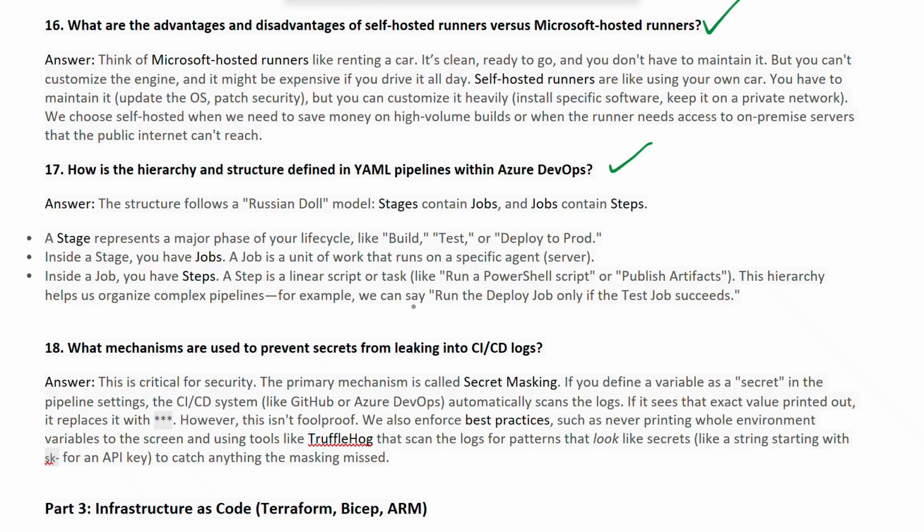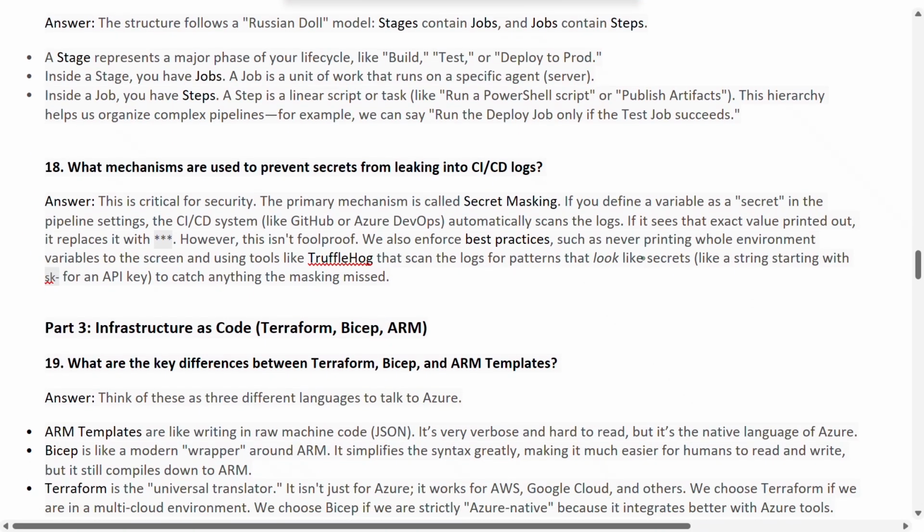For example, we can say run the deployment job only if the test job succeeds. So whenever conditionals, manual approvals, or whatever enterprise customizations are required, that can be achieved with YAML pipelines, especially in Azure DevOps. And this is how exactly the hierarchy and structure is defined in the YAML pipelines.